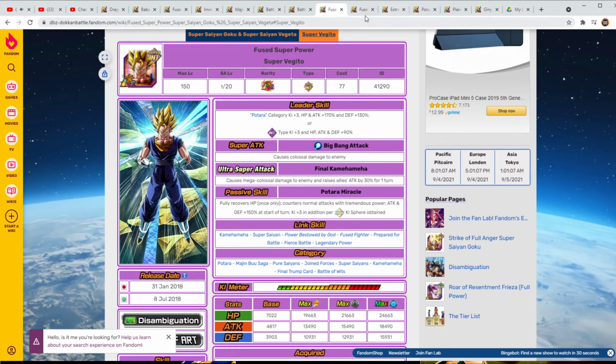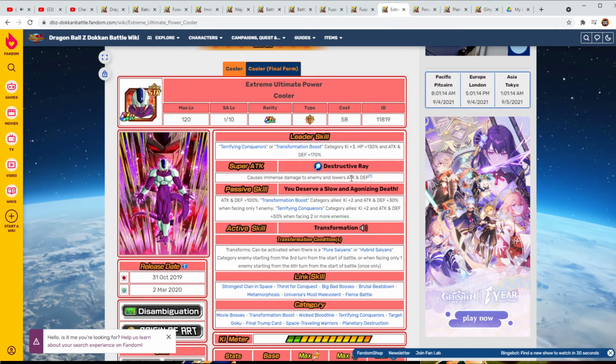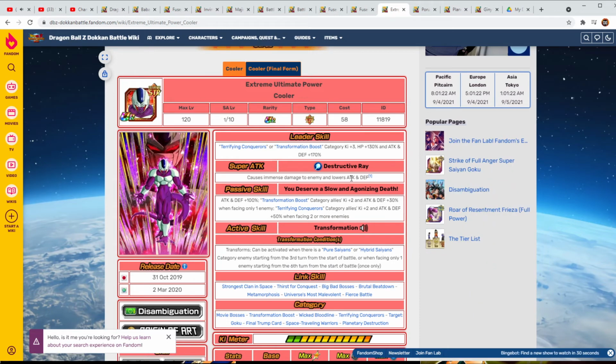One other final unit that I would suggest if you haven't made that decision is Cooler. Cooler going into it, the reason why I like him so much is he's very versatile. If you're looking for someone that's going to give you a great leader skill, Terrifying Conqueror's transformation boosts 2 units and 2 levels that are very good. I mean, you constantly have Wicked Bloodlines characters that are constantly going to be coming out, so he's always going to be having